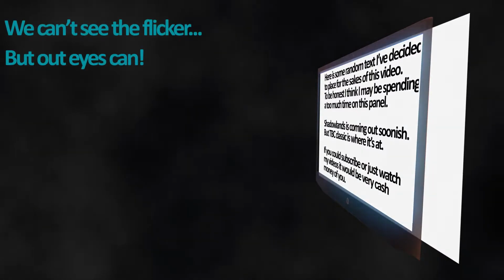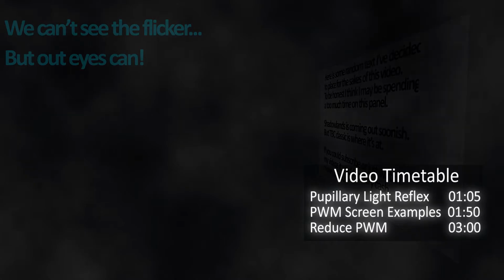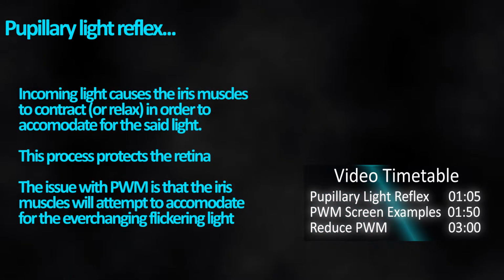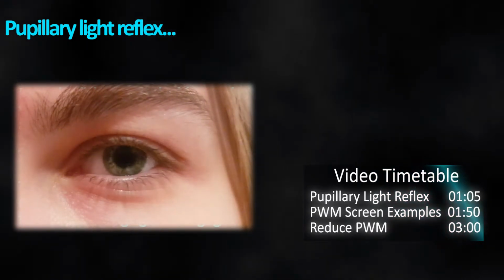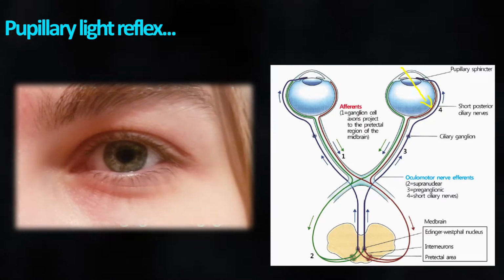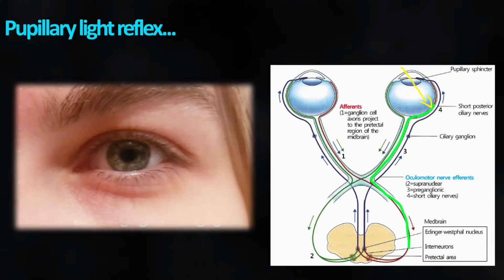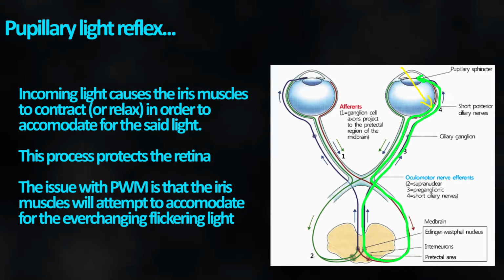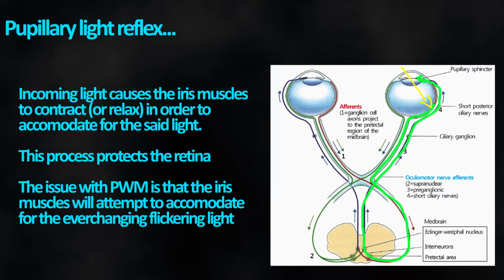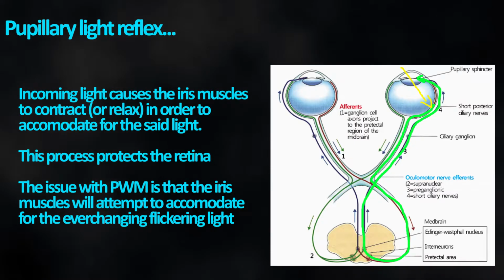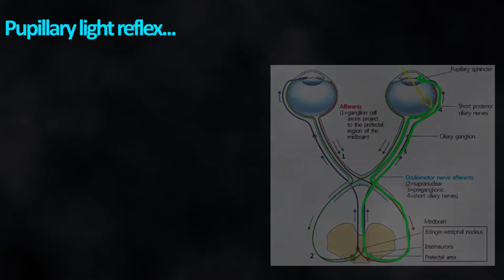But our eyes can, which will cause the pupillary light reflex. Don't get it wrong, pupillary light reflex is a normal thing. Once light hits the retina, depending on the intensity of the light, the pupil diameter is increased or decreased via the sphincter and dilator muscles of the iris. This, of course, is a completely autonomous function, over which we have no control, which is exactly the problem with PWM. Even though we don't see the light flickering, the eye does, and that excites the part of the nervous system, which in turn constantly causes contractions of the iris muscles.